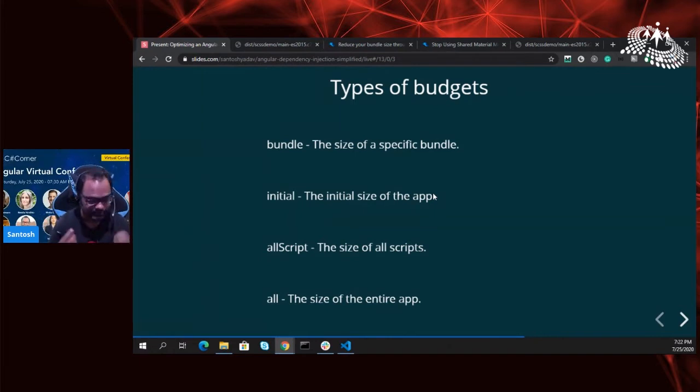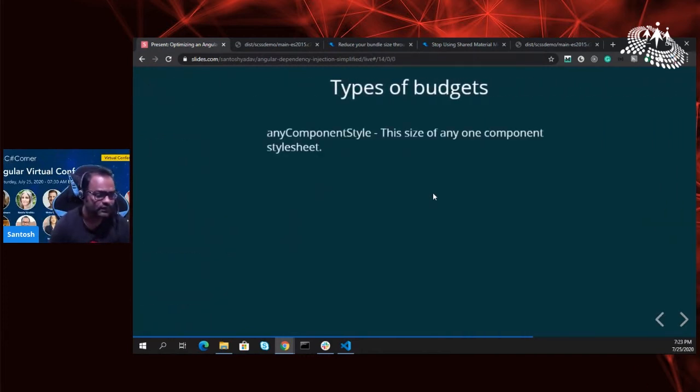For example, if you have some standard within your organization that my app size should not go beyond 200 kb, right? So I can just go ahead and say, okay, my app should not increase beyond the 200 kb benchmark. So I'll always throw an exception whenever it goes beyond 200 kb. And we have something known as any component style, which will tell you, okay, if there is any problem, or your styling is increasing the budget which we have set.